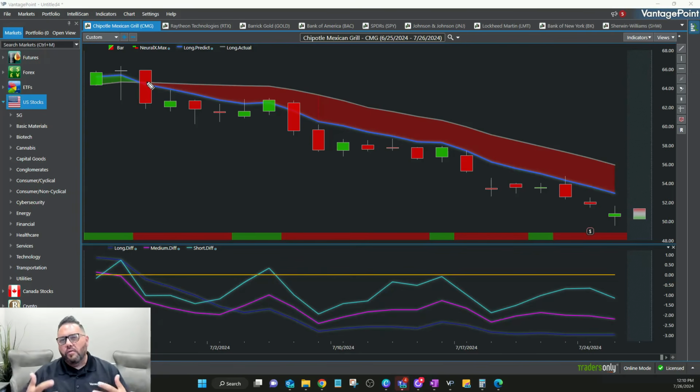But why it's so valuable is because it's like getting tomorrow's newspaper today. It's telling you that this trend has a high degree of accuracy of going down on that day and for the next 2 days. Now, if you look down right below where that crossover happened, you can see there's a shaded area here that went from green to red. That is a neural index. It's a predicted neural index, and it's telling you whether there's short-term strength or weakness, or short-term bullishness or bearishness